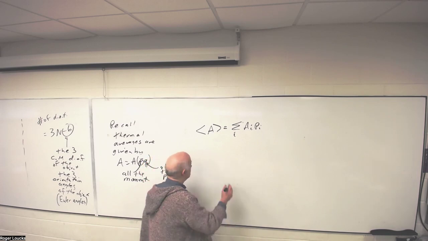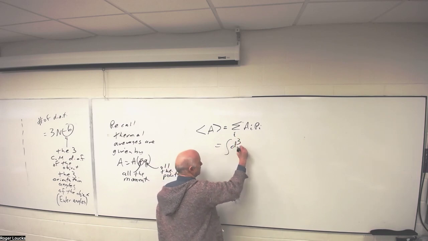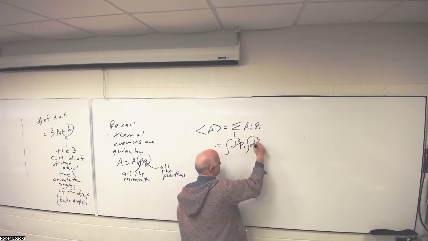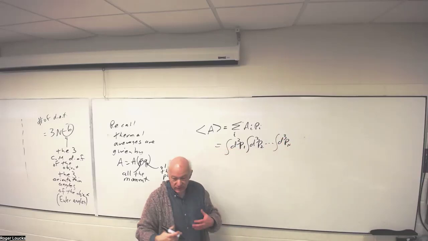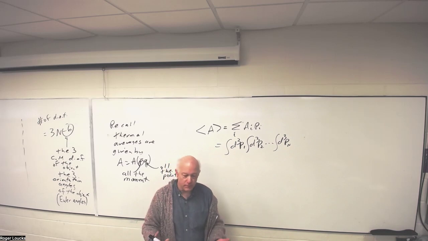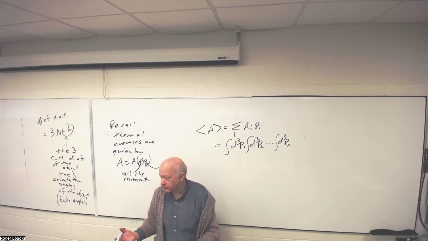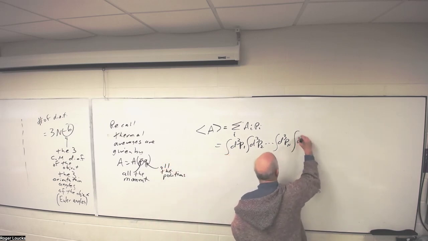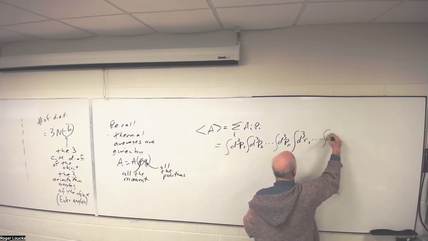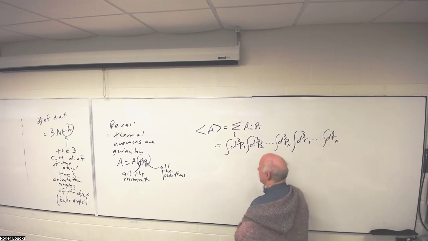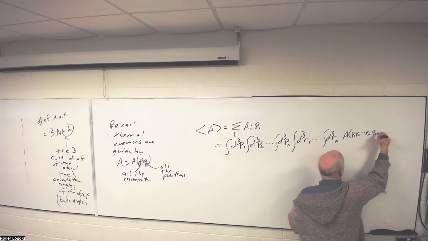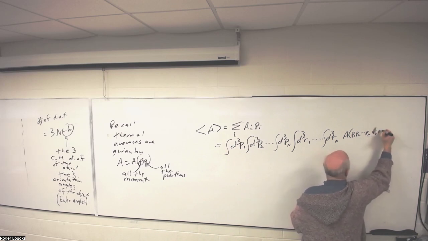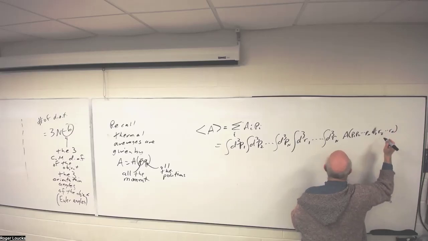So we have d3p1, d3p2, all the way through, and the same thing on the R's. Again, I'll put R's, but if you look at most textbooks, it's going to be Q. Whatever this A is here, this A is a function of p1, p2, all the way to pn, and r1, r2, all the way to rn, times